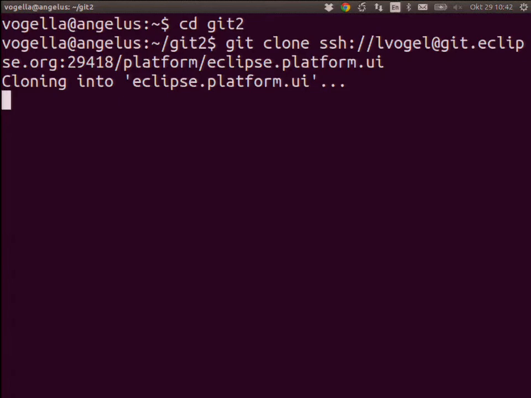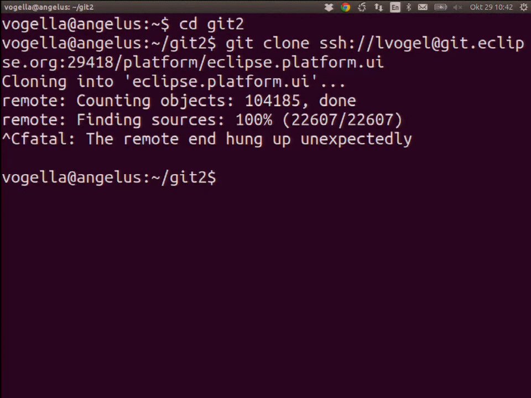Go to cd git2, and then you say clone. And depending on your interconnection, which is really bad at the moment here, you have it on your hard drive within half an hour, 10 minutes, 20 minutes. When we have the whole version control system, I cancel that, it takes too long here. You have a whole version history of the platform UI repository, and you can see what we did in the past. You can check out the code in the state 5 years ago and work with that, right? So basically you have the source code.